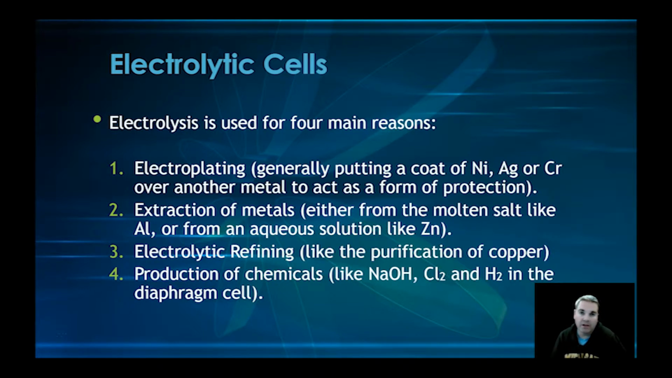So galvanized iron has iron as the main part of the fencing or the roofing, but then they put a coating of zinc over the top of it. They plate it on using electrolysis, and that zinc reacts with the air to form zinc oxide, which protects the iron underneath from rusting. This, as I said, is the main one we're going to focus on, though, is extraction